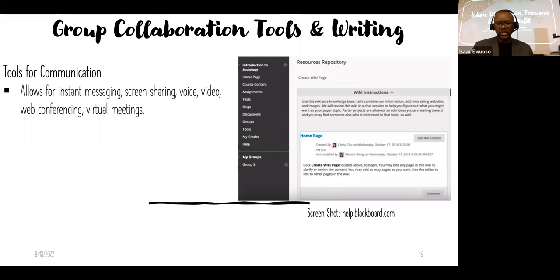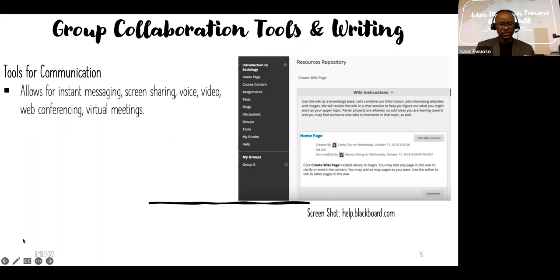But they're also collaborative tools when it comes to learning management systems. One thing I'll talk about is that when we give students work to do, they're using different collaborative tools, not just one.